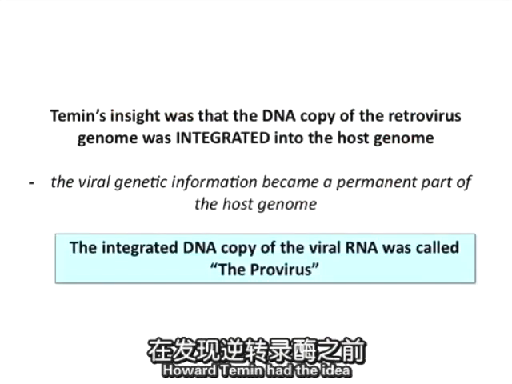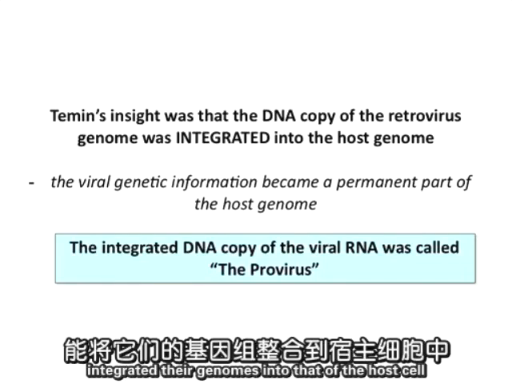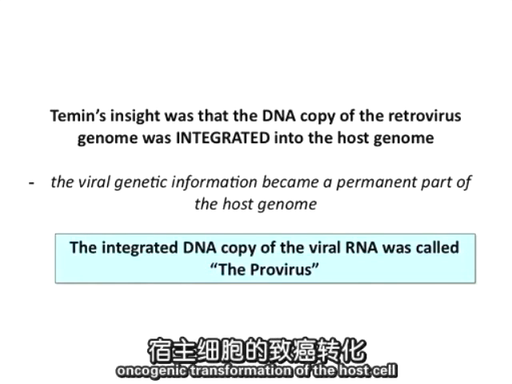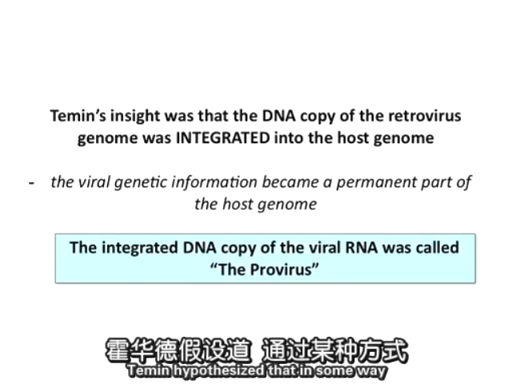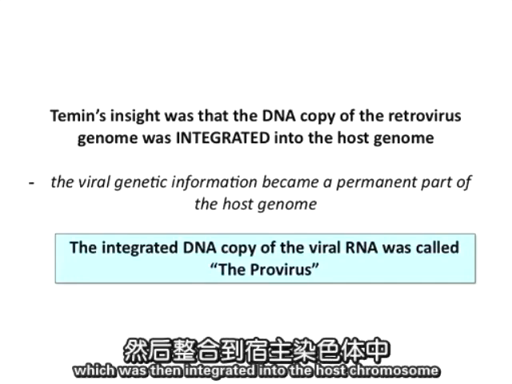Howard Temin had the idea before the discovery of reverse transcriptase that somehow these viruses integrated their genomes into that of the host cell, and that was how they caused transformation, oncogenic transformation of the host cell. Temin hypothesized that in some way these viruses converted their RNA genome into a DNA copy, which was then integrated